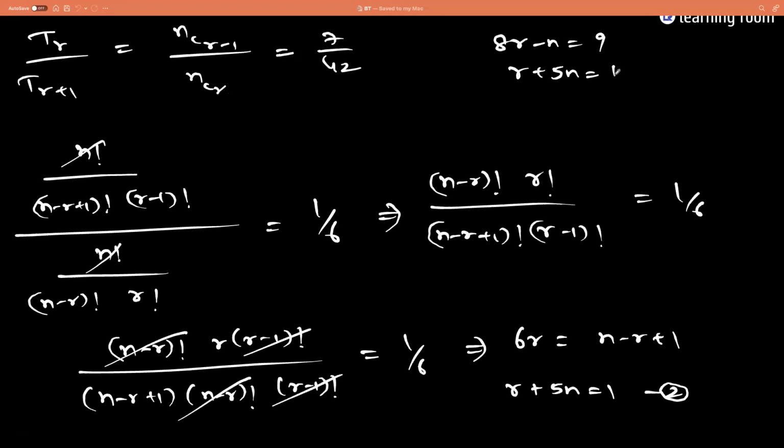Okay. So if I multiply with 8 on both sides, 8r plus 40n is 8. Subtract both. Then you will have minus 41n is equal to 1. So n will be, how can we get a